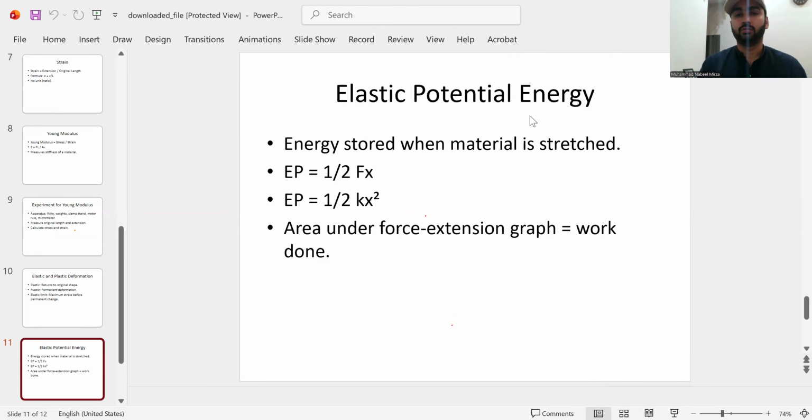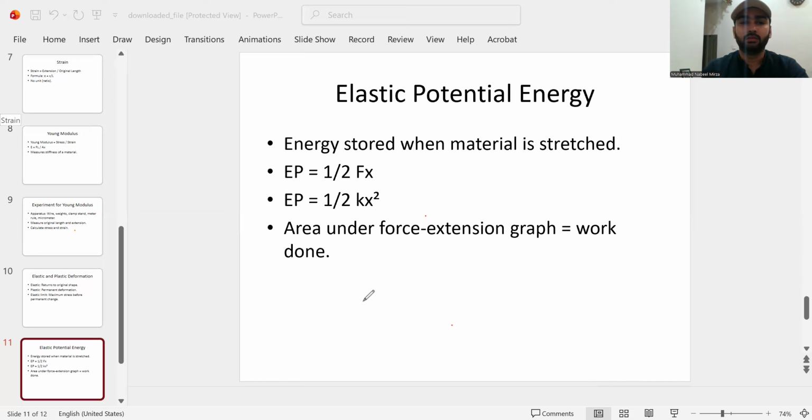Potential means enough energy to store the power in the system. Now we will see what is the meaning of elastic potential energy: energy stored when a material is stretched. We see that